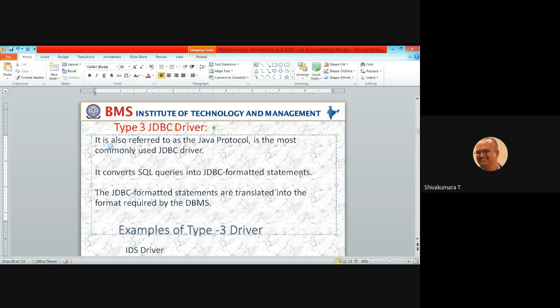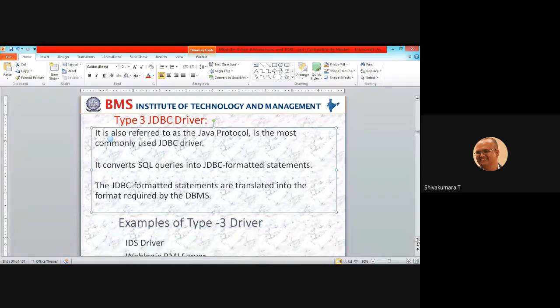So it will convert the SQL query into JDBC formatted statements. The JDBC formatted statements are then translated into the format required by the DBMS. Most applications use this type 3 JDBC driver.